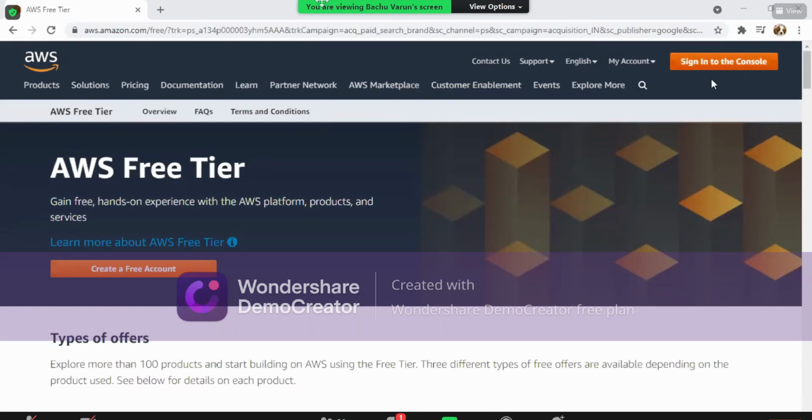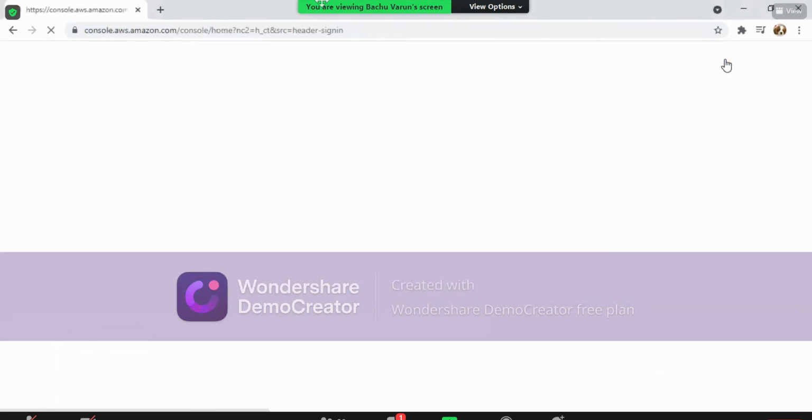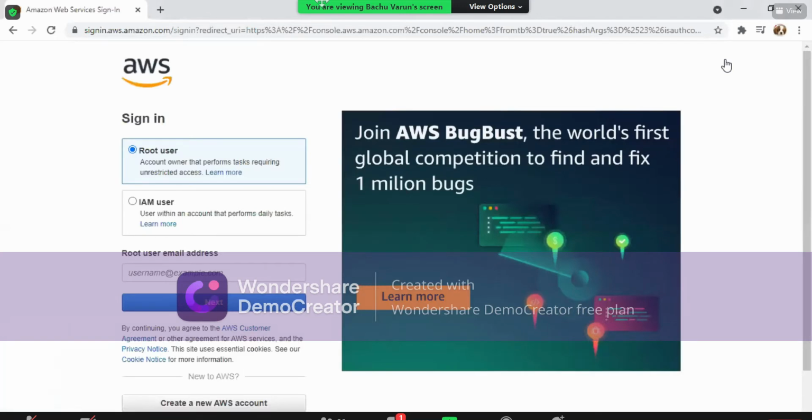Now let us sign into the console. This is the page. You can see you got two user options here. One is root user, which is considered an administrator. If you are familiar with Linux, you can understand root is nothing but the administrator. Next we have IAM user.